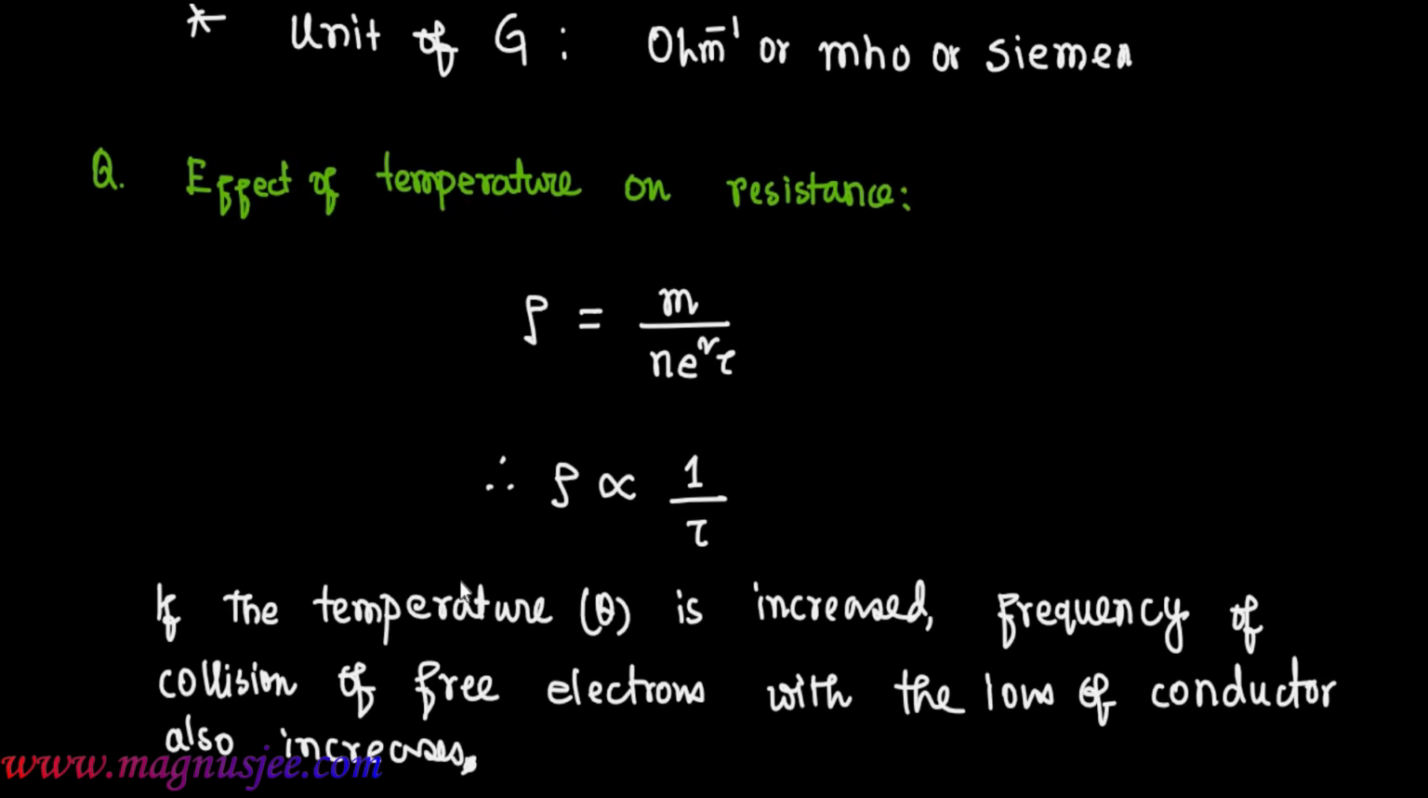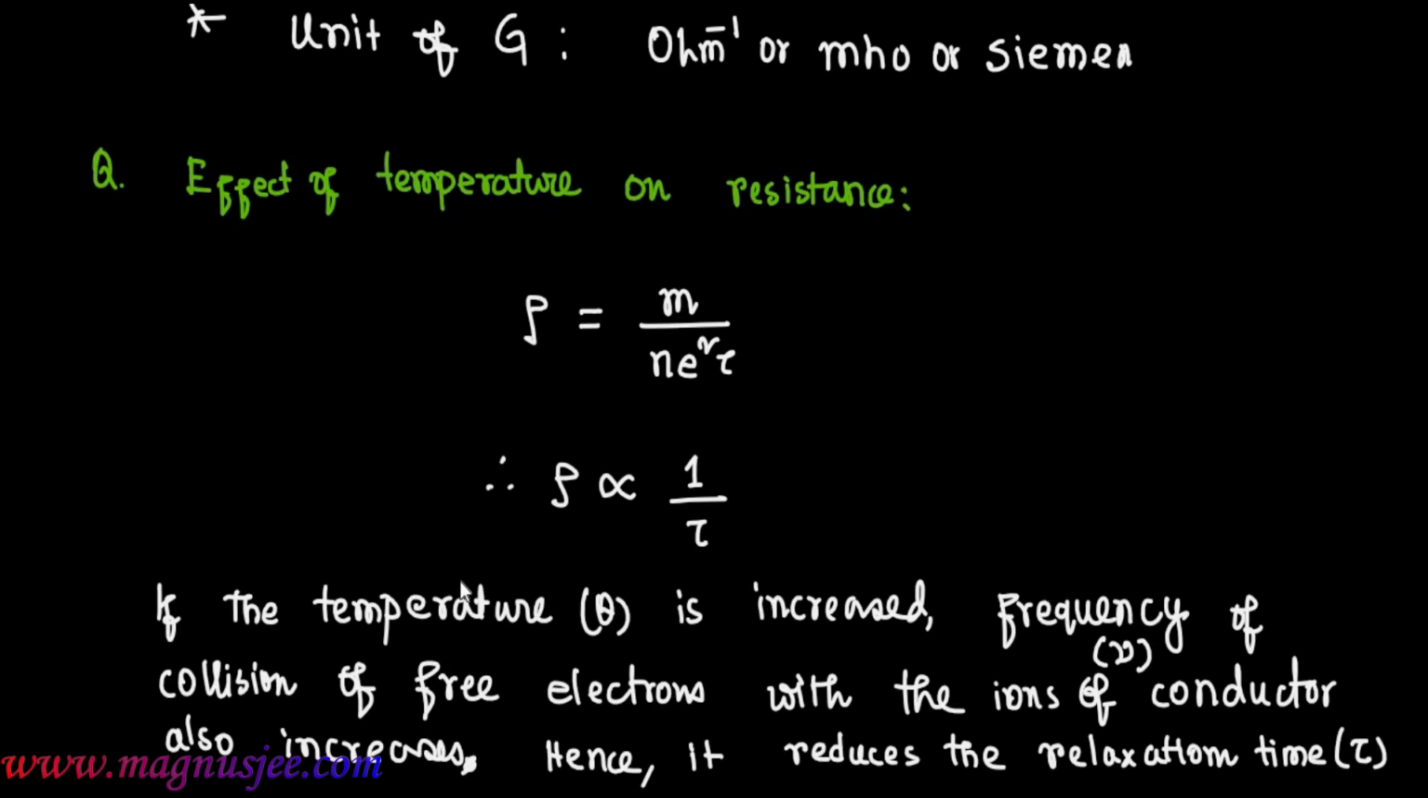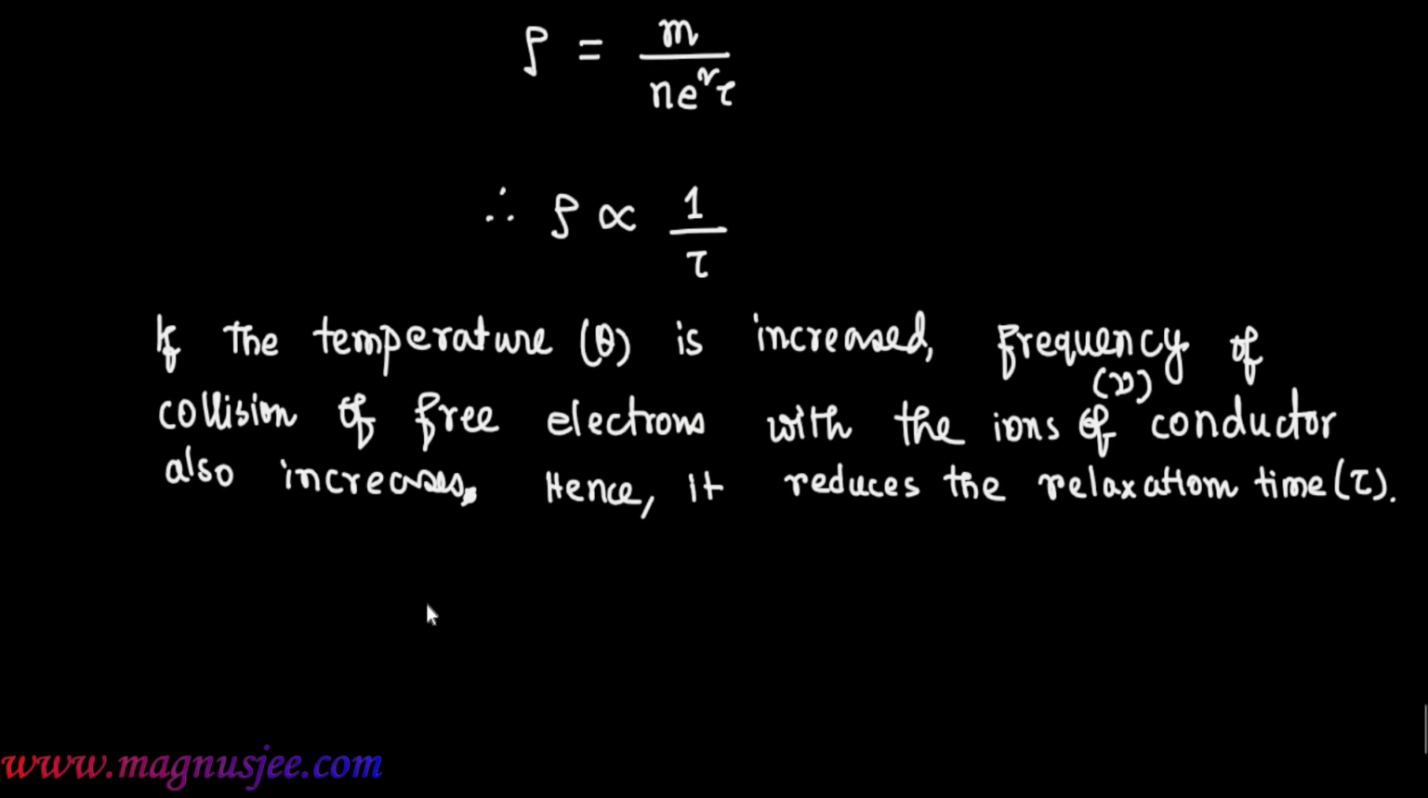This frequency of collision of free electrons with the ions is denoted by nu. If the temperature is increased, frequency of collision also increases. Hence, it reduces the relaxation time tau, where relaxation time is the time interval between two consecutive collisions of free electrons with the positive ions of the conductor. Therefore, resistivity rho, m divided by n squared tau,